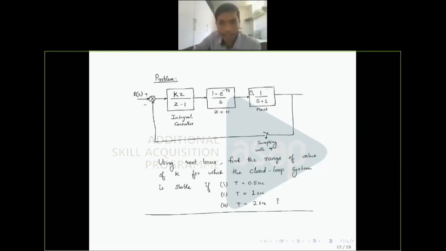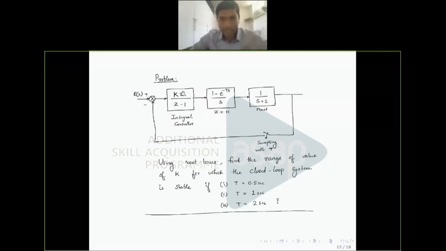And let's say that I am using a zero order hold. If you have studied the transfer function of zero order hold, it is given by 1 minus e raised to minus Ts by s. And suppose you are sampling the output signal at a sampling period of capital T. So somebody asked what is the relation. I don't see any relation between the time constant of this system and the sampling period T. It is completely independent. Okay, so we are sampling at capital T, and let's consider an integral controller with